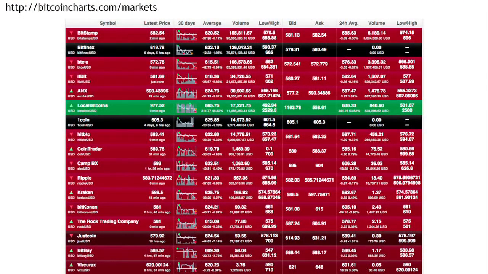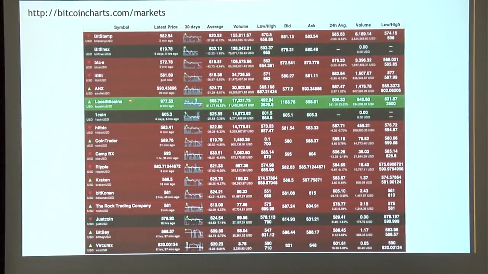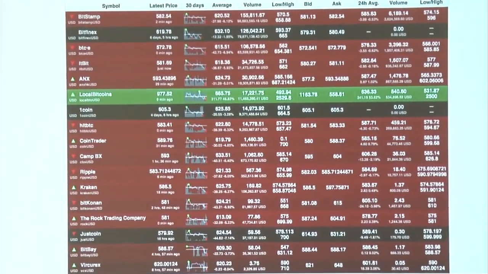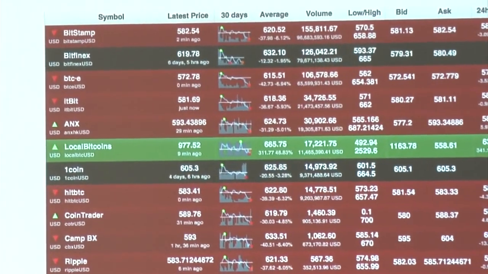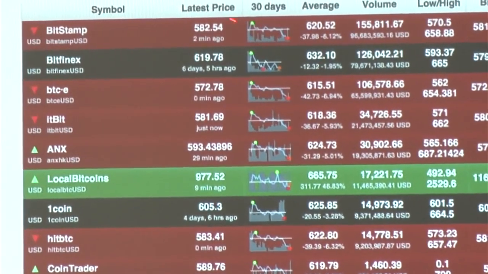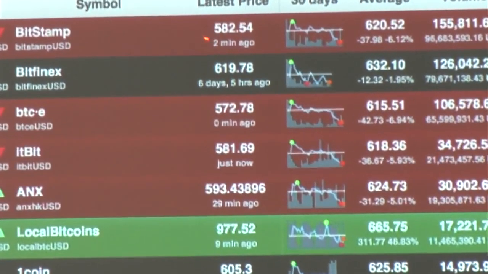So in the Bitcoin markets, we can look at data. And in fact, there are sites like Bitcoin charts. This is the Bitcoin markets page on Bitcoin charts, which shows exchanges that trade dollars against Bitcoins. And you can see there's a list of different exchanges or different places where you can trade dollars against Bitcoins here, from top to bottom. Up here at the top, we have Bitstamp, which on this particular day had the highest volume. For each one, there's the current price. For Bitstamp, on the day I took this screenshot, it was